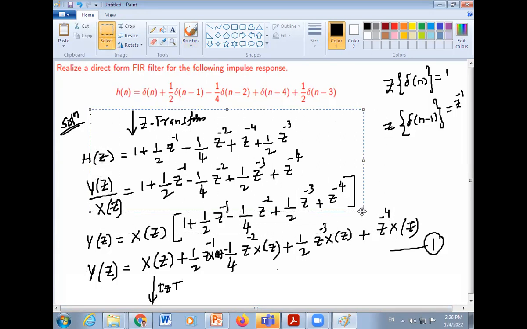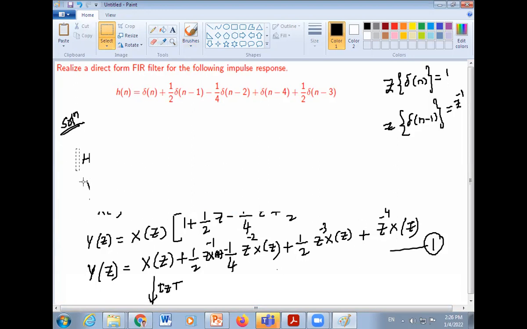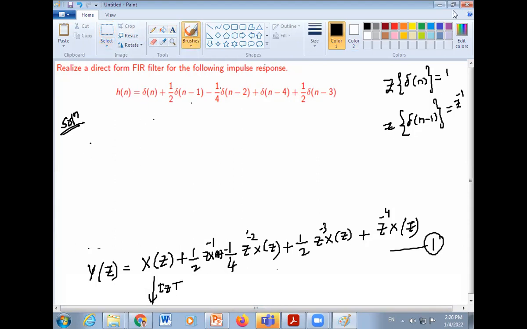Who will tell me that? If we apply inverse Z transform, then I will write it as, for Y of z, what will come? Y of n is equal to X of n plus